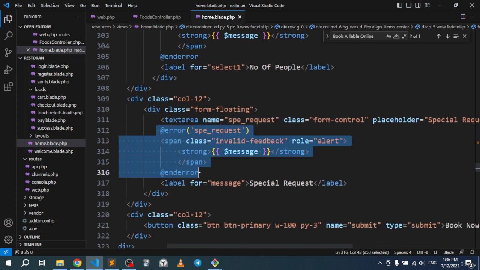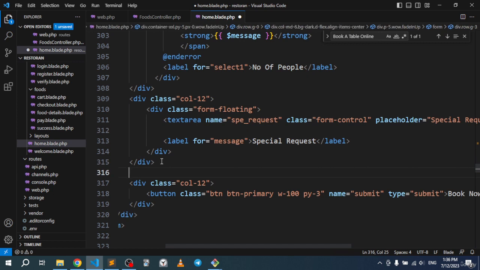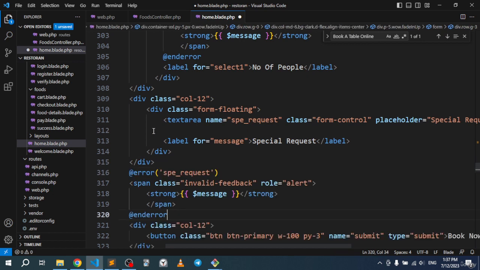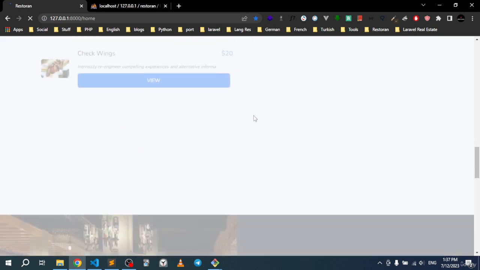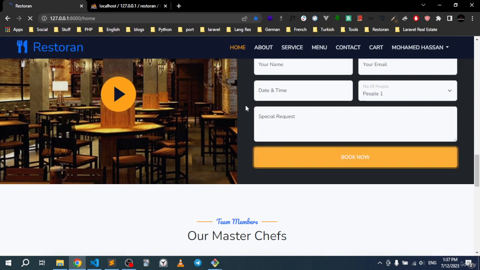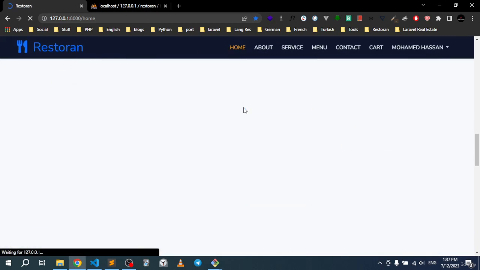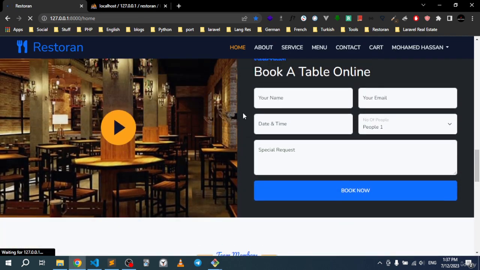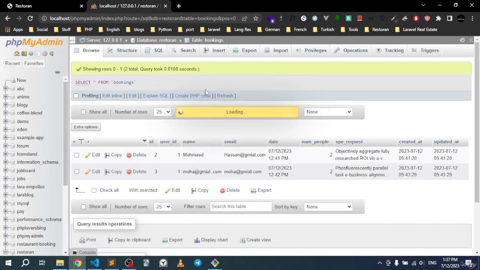So should we cut this and go down at the bottom and paste it outside of the div? Let's do this. So let's save this like that. All right, so let's now go ahead and click book now. All right, so let's go down. As you can see, it's not showing the messages. But if you go right here, we go to browse,